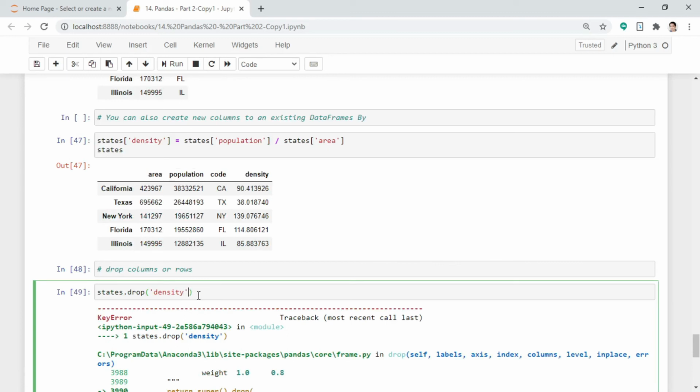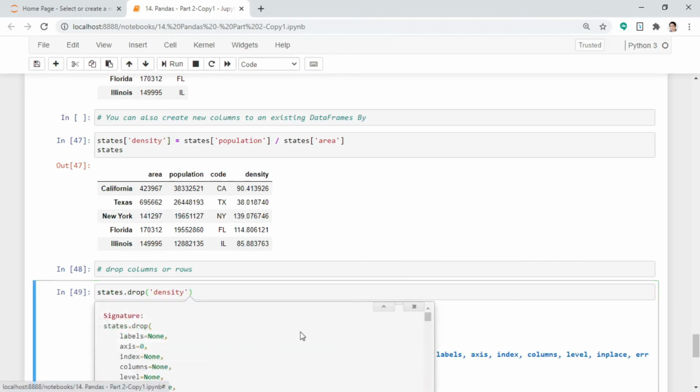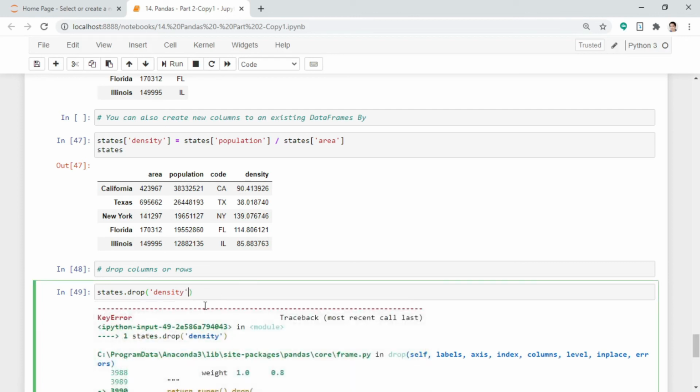Because if you are dropping columns or rows, you must specify the axis. In terms of dropping from a data frame, axis equals 1 denotes a column. It is reversed from the previous topic, where axis 0 was the column. So for a data frame, remember,